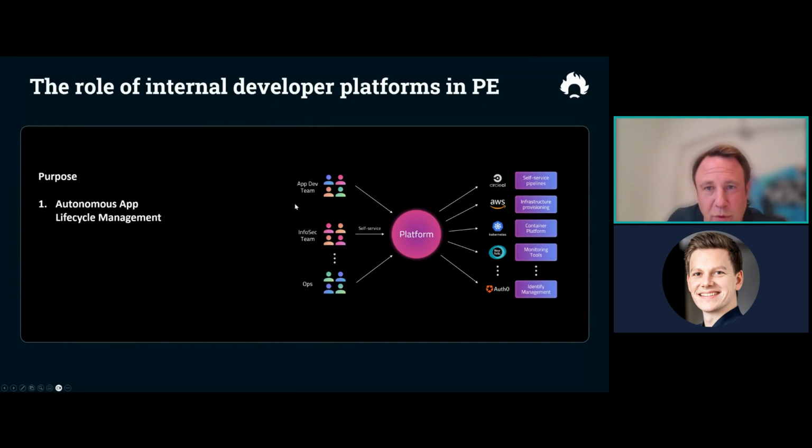So what's the purpose of the internal developer platform? So one is to enable developers to independently manage applications from development to production, which creates just more agility and reduces operational bottlenecks. So autonomous app lifecycle management.